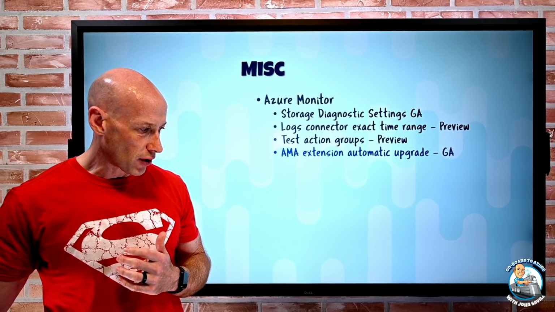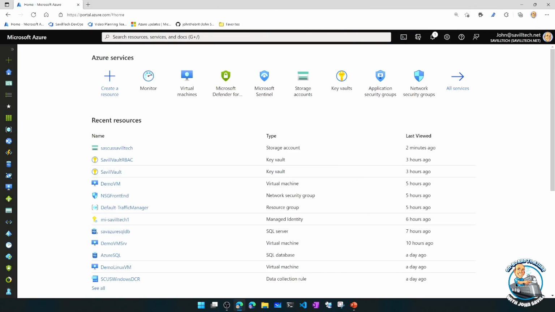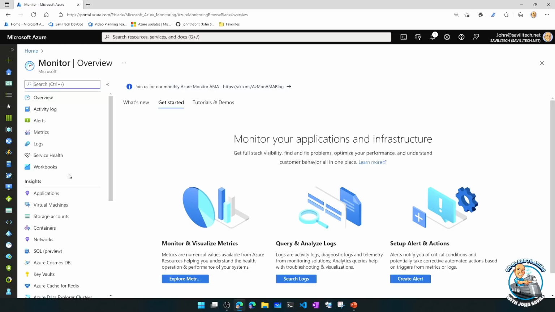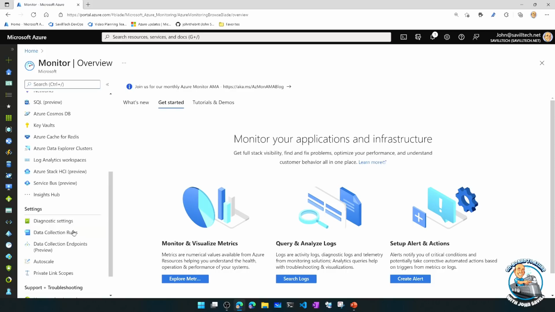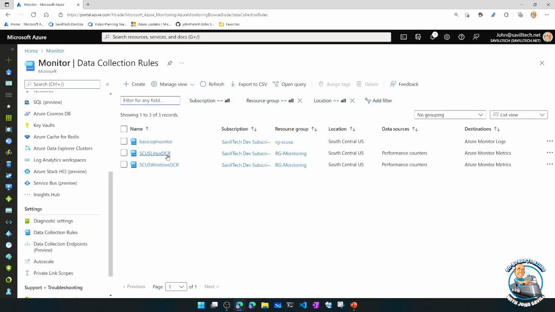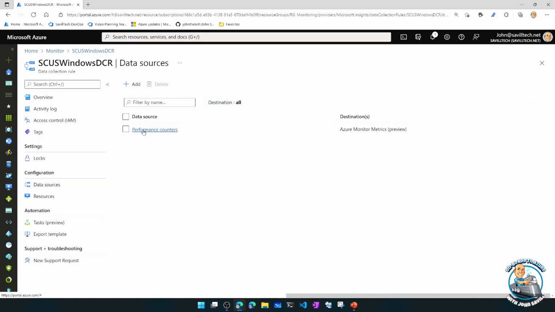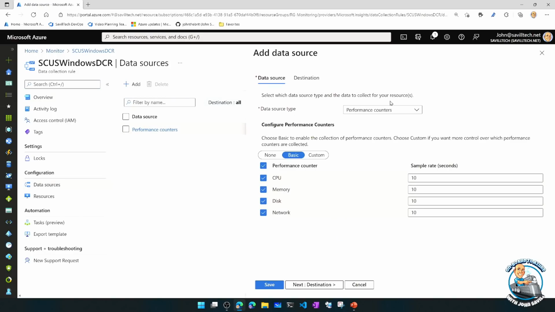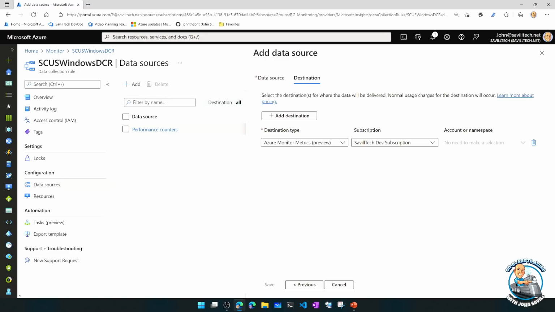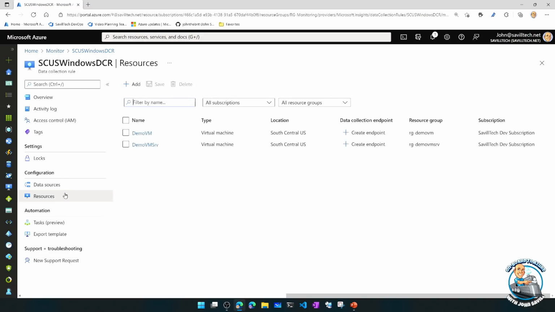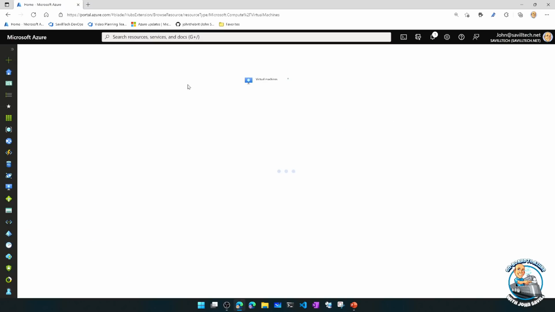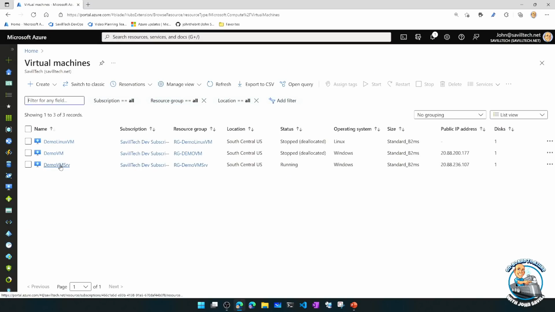So I'm jumping back and forth a lot today. But if we go back to the portal, now remember, we deploy the Azure Monitor agent through data collection rules. So if I think for just a second, I'm back in Azure Monitor, I don't install the Azure Monitor agent directly. I create a data collection rule, and I create it of type Windows or Linux. And then in that rule, I specify, well, what do I want to capture? So in my case, I've got performance counters, and where do I want it to go to? And then we assign it to resources. And that will then deploy that Azure Monitor agent. So in my environment, I've done that for my Linux and for my servers.